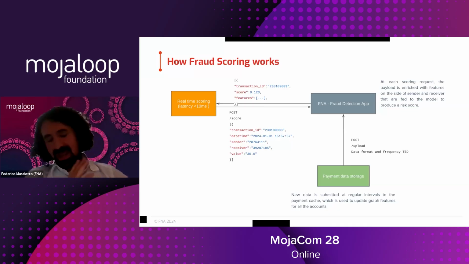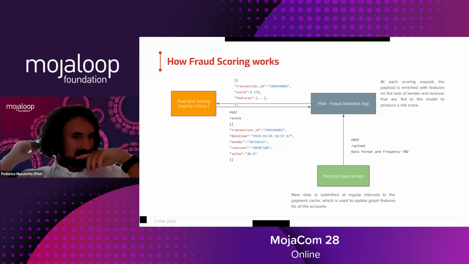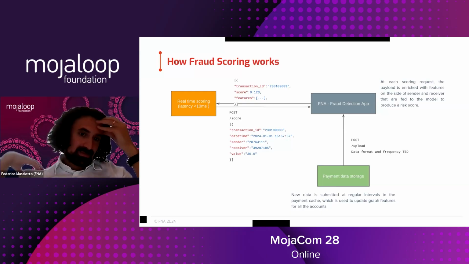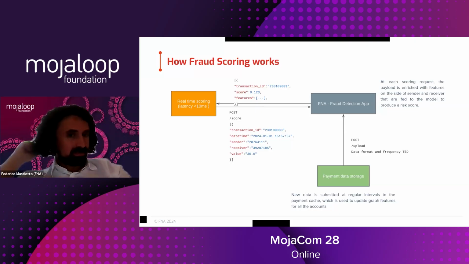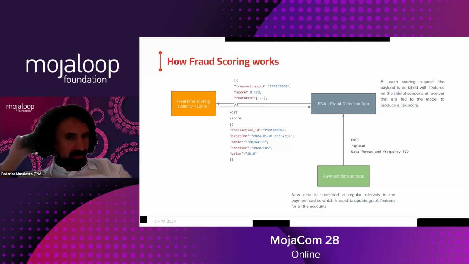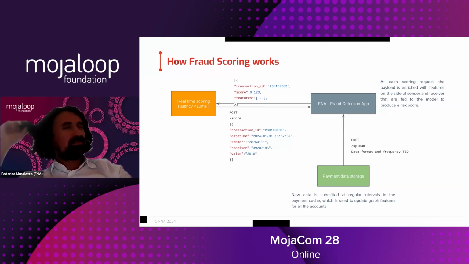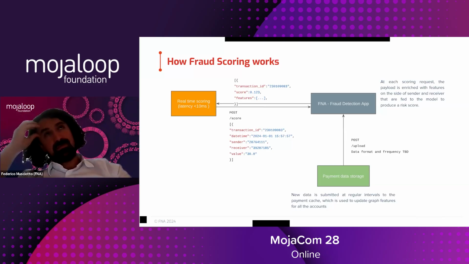I mean, I envision, but. No, sorry. What I was going to say was that the post-score example that you have there could partly be emitted by a receiving DFSP. They would know what the receiver's true identity was. They wouldn't know what the sender's true identity was. All they would know about the sender was the identifier that the sender used. On the other hand, the sending institution would know.